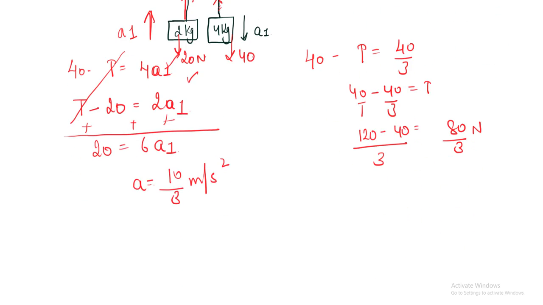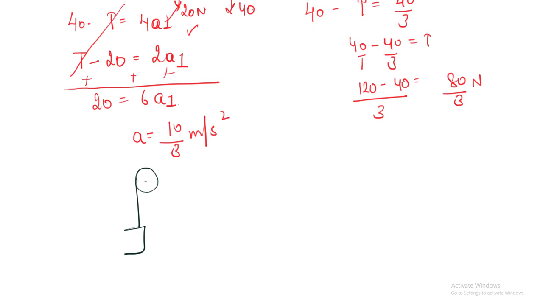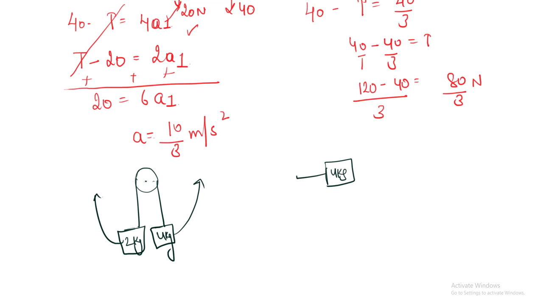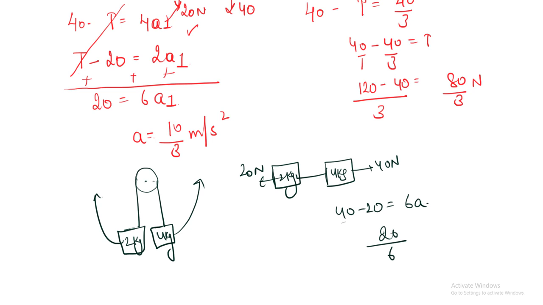The trick is, consider these blocks like 2 kgs and 4 kgs. This was given. Now consider it as horizontal. Consider it as horizontal: 4 kg, 2 kg, 40 Newton, 20 Newton. Consider 40 minus 20 is equal to MA, 6A, 20 by 6,